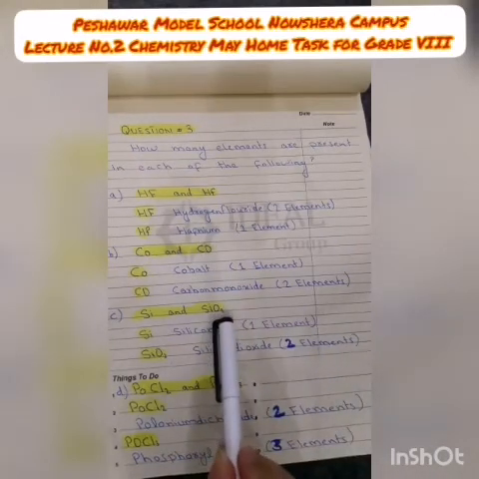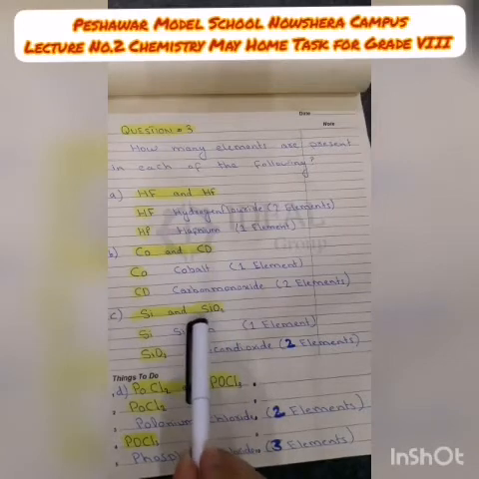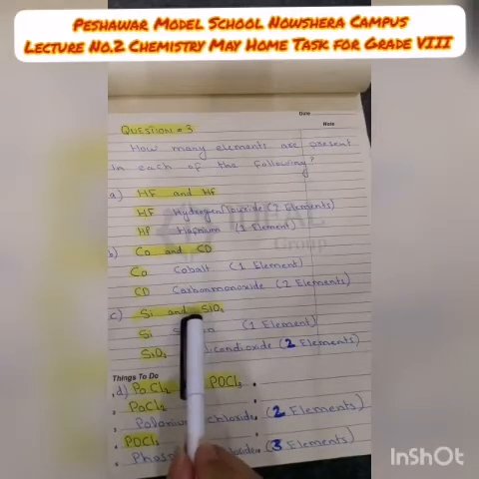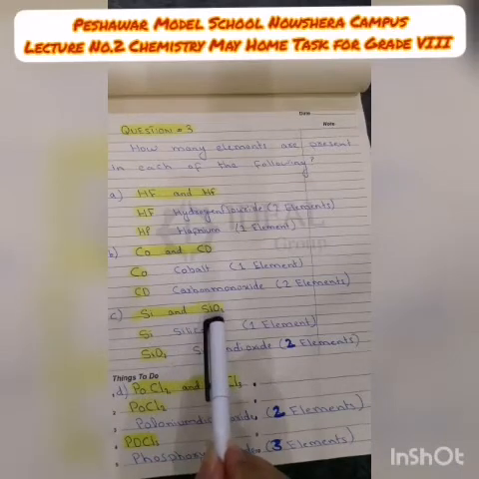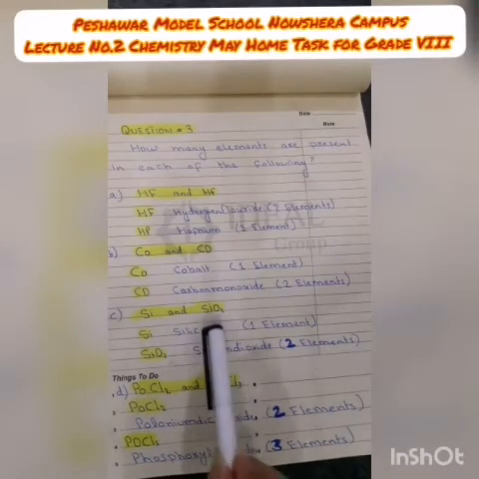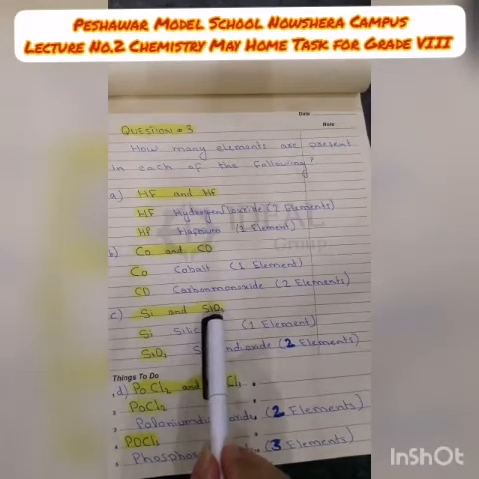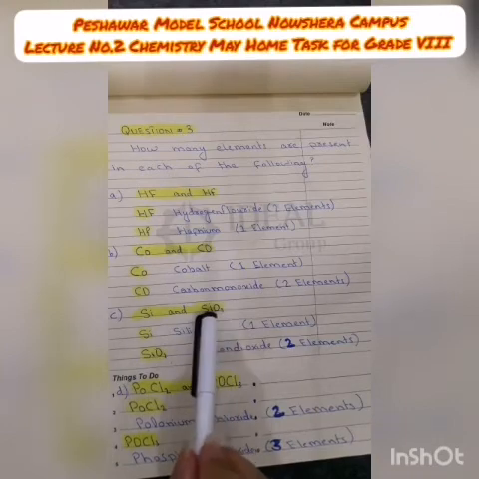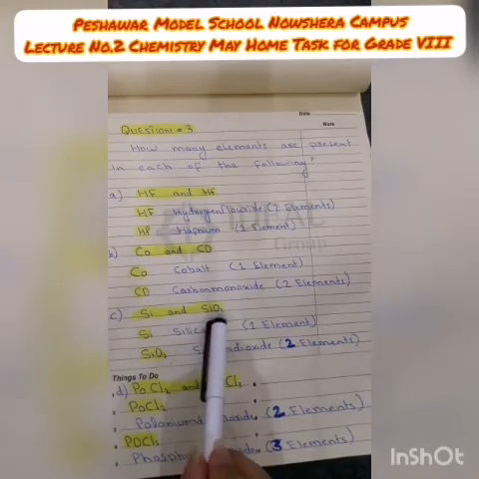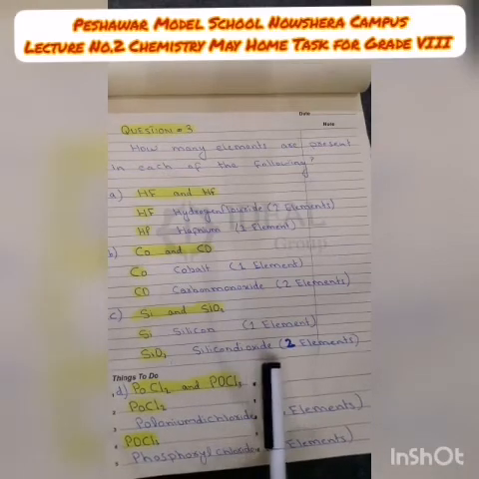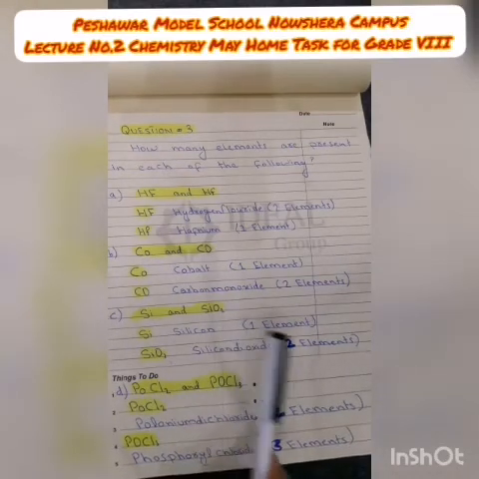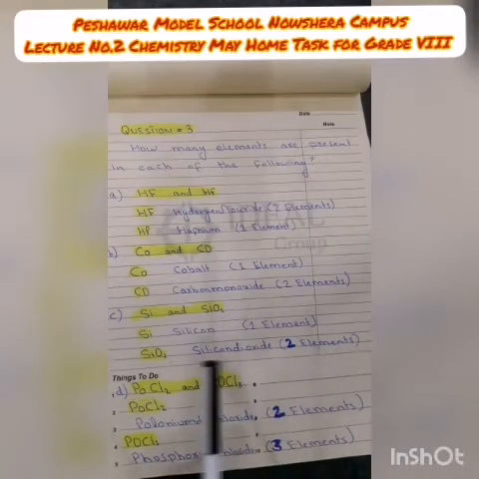Now the second one is silicon dioxide. Look at its representation. The first letter is capital, the second one is small. It means that it is one element, which is silicon. Now look at the third letter, which is capital O. It means that it is oxygen. How many oxygen atoms do we have in total? We have two oxygen. To represent two, we use di. That's why its compound name is silicon dioxide. How many elements do we have in silicon dioxide? We have two elements: one is silicon and the other one is oxygen.